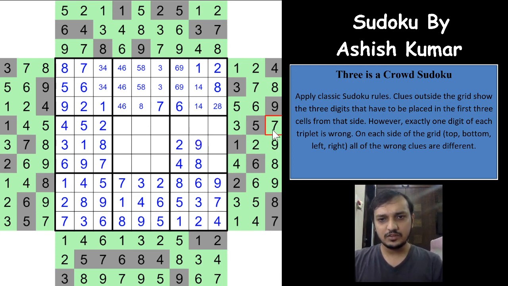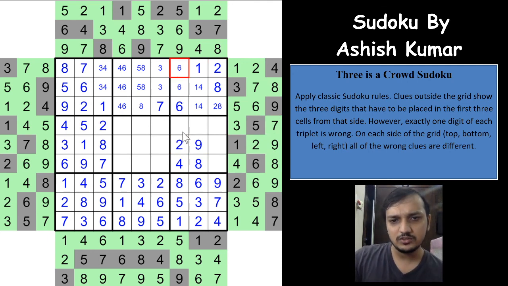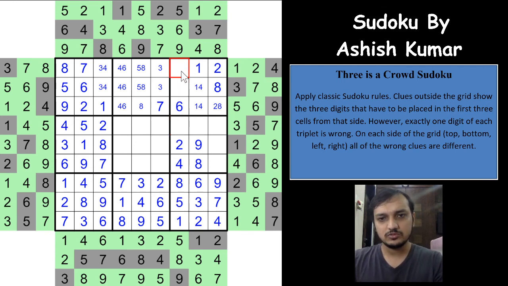Same way 3 and 7, where can we place a 3 and 7? No, we'll just eliminate these possibilities. So we are not able to place a 3 and 7. So let's see. The remaining possibilities are 3, 7 and 9, right? A 9 cannot be here, sorry, a 9 has to be here, and 3 and 7 can be here. Not sure about it. 7 cannot be here, it is already marked. Okay, so let's see if we can do anything else.